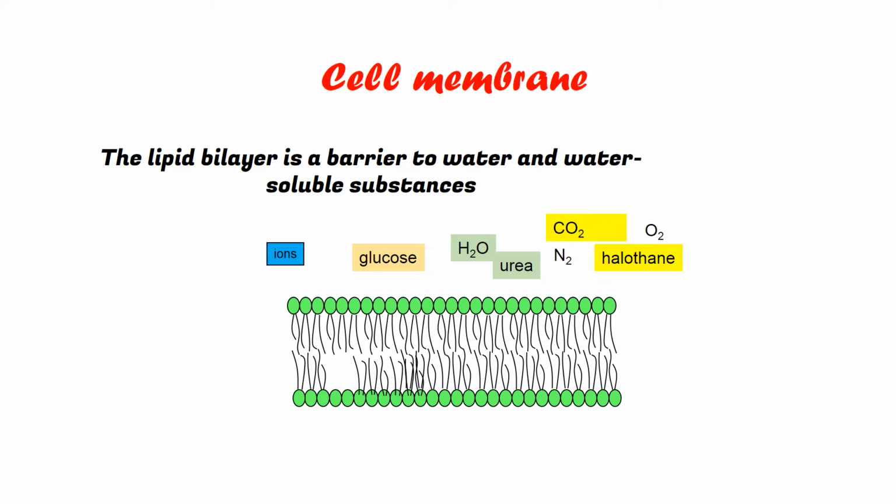So before we start with the transport mechanism across the cell membrane, let us first understand this slide. In this slide, what do you see? You see a cell membrane, which is also known by the name of plasma membrane. The plasma membrane has two important components. One is the lipid and the second one is the associated protein.